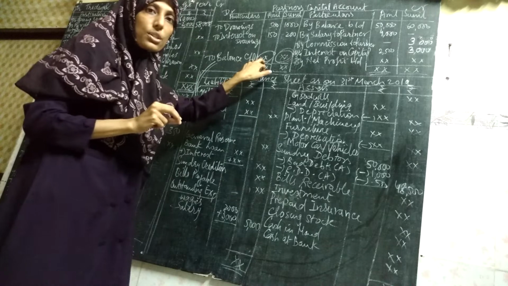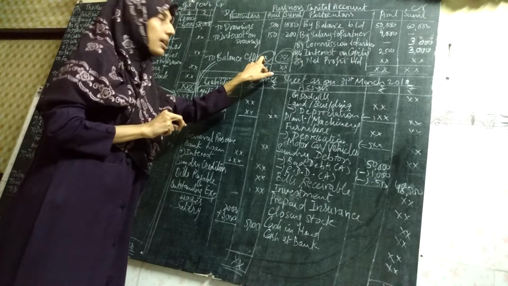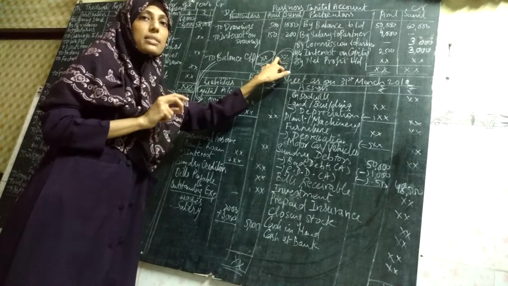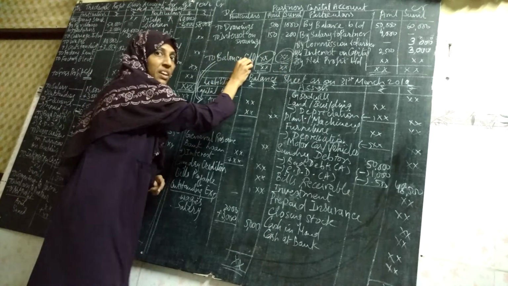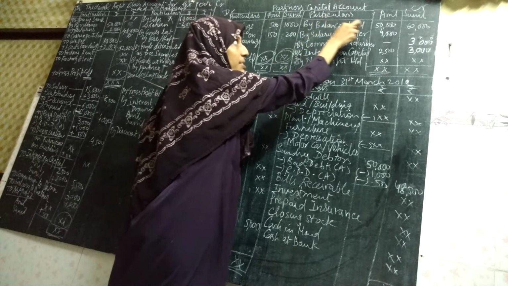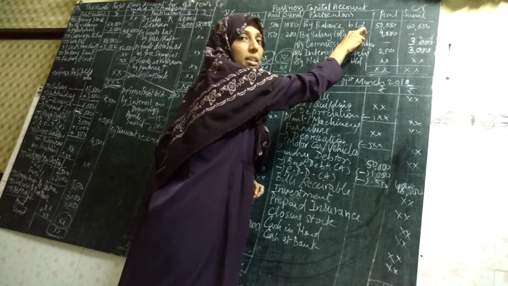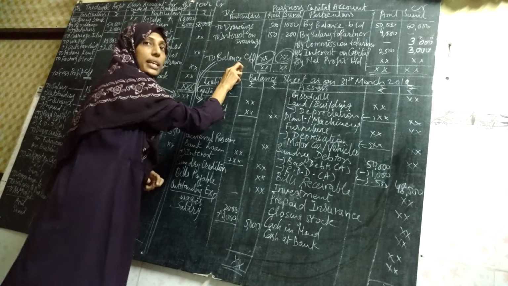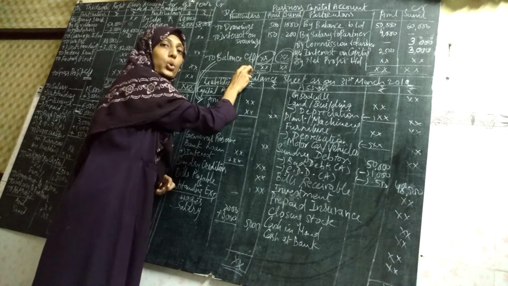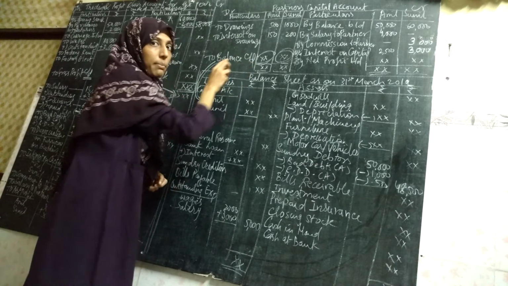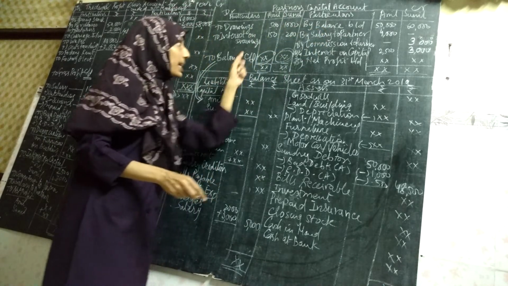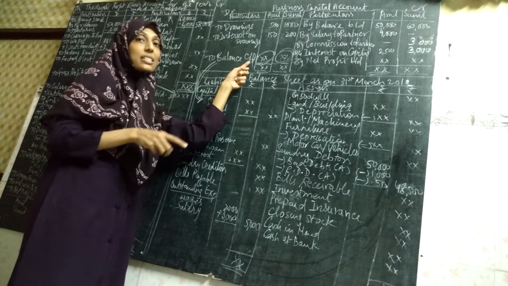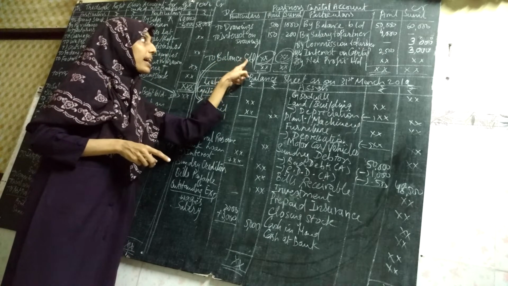The first one was the balance of Anil's account. The second one was the balance of Sunil's account. Now this balance is called balance carried down. In the first line you wrote by balance brought down. It is the opening capital balance. In the last line you are writing to balance carried down. It is the closing capital balance. Remember that on the first line you are writing the opening capital balance by balance brought down. The balance on the last line is called to balance carried down.